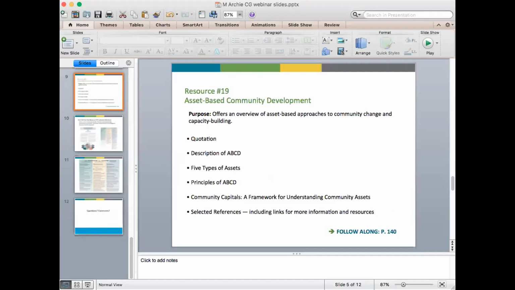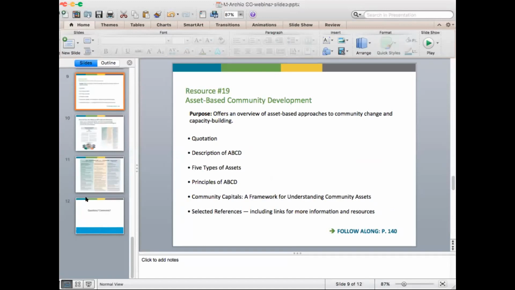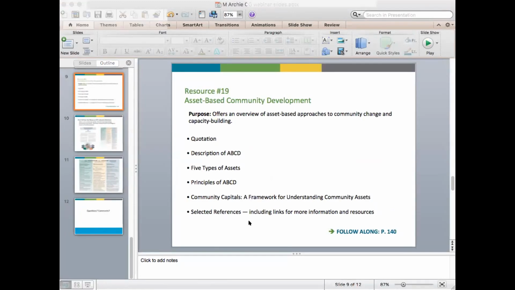I'm going to go back over to the guidelines for a minute and just show you that this is a little bit of a different beast. This particular resource has the overview, but goes into a lot more detail. It talks about the 5 kinds of community assets, the principles of asset-based community development. It has a graphic that shows how these different sorts of community capital overlap and reinforce each other, and it